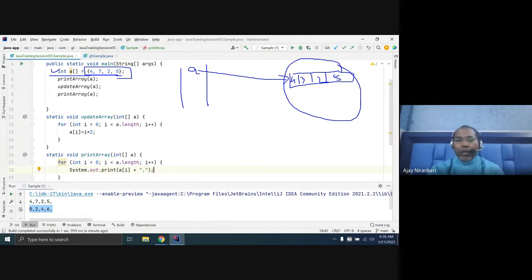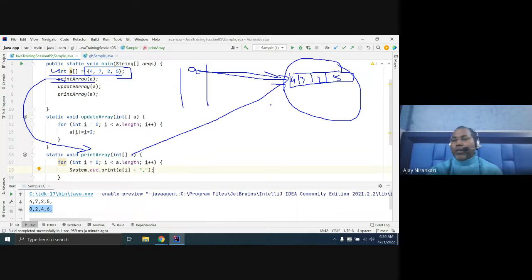Whenever you call print array, the control goes from here to this method. Here you are passing A. So what do we mean by A? A is just a reference to this memory location. So this variable in the method also refers to this memory location.